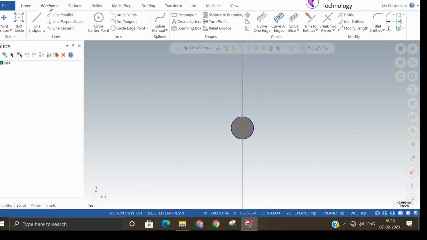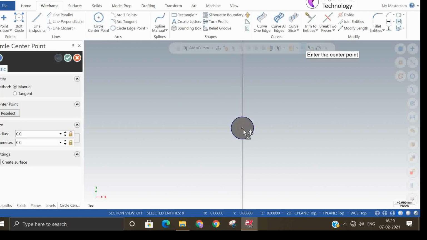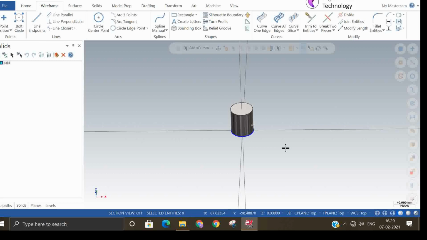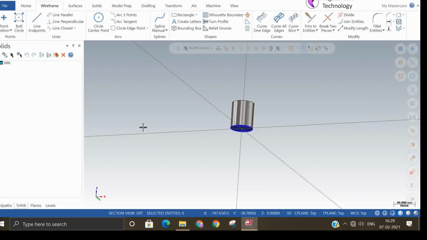Suppose we make one small change here in the model, and we'll make one more small extrusion here. Okay, now we'll make a solid extrude.